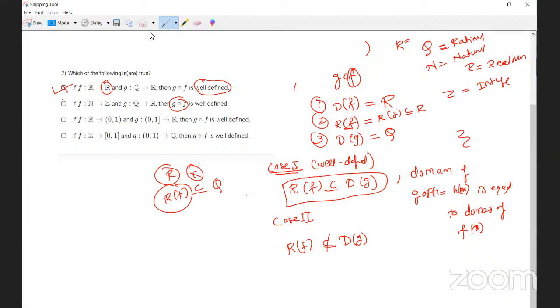Now go for option two. Here, for option two, the domain of f will be